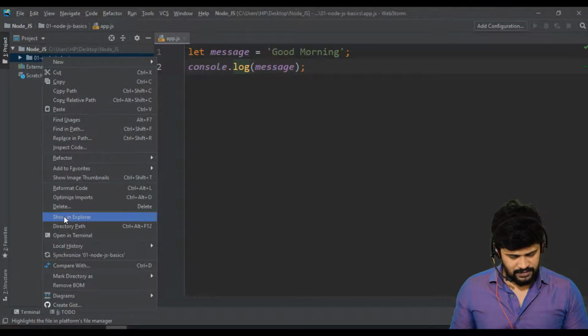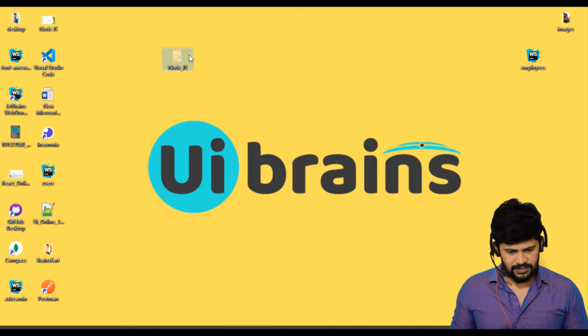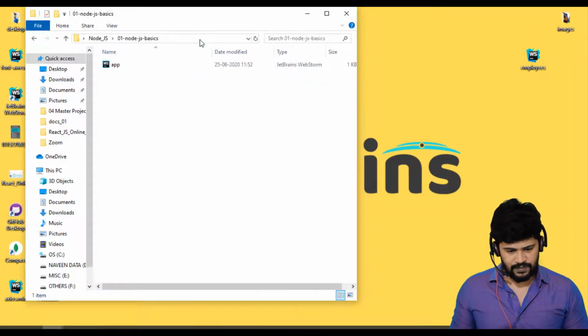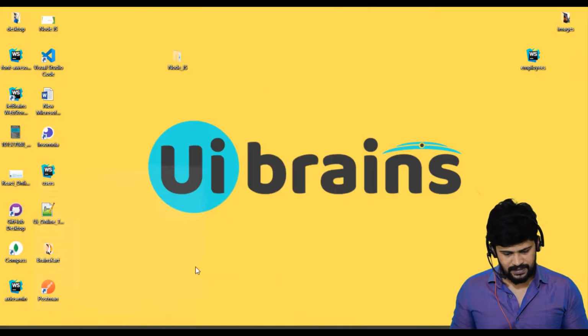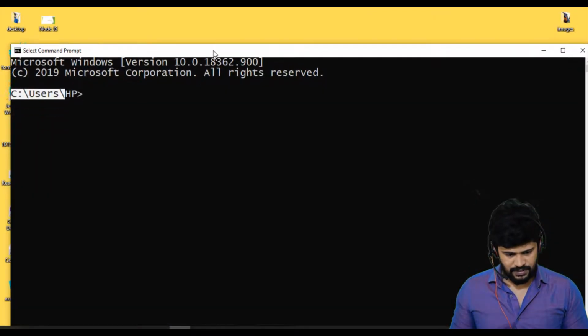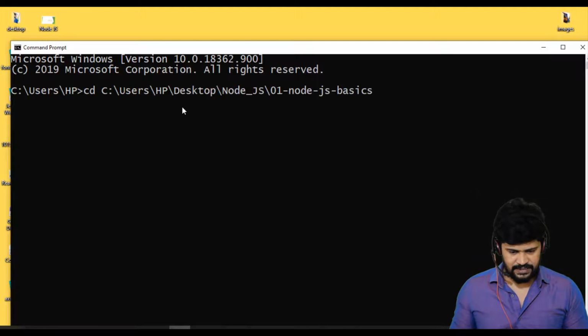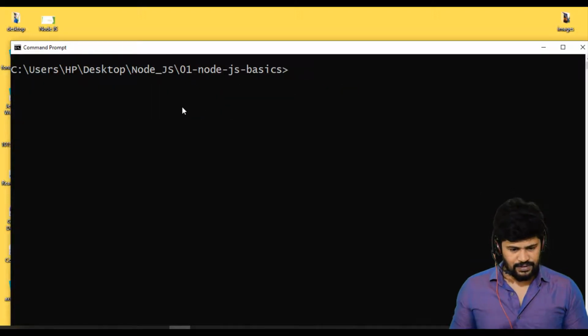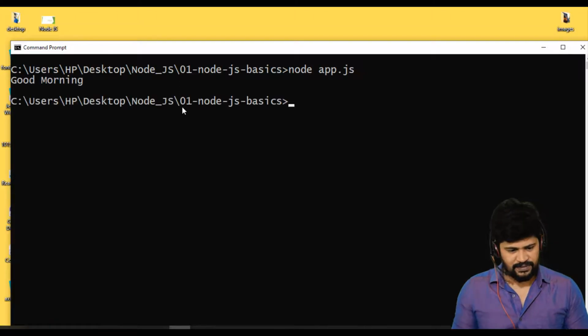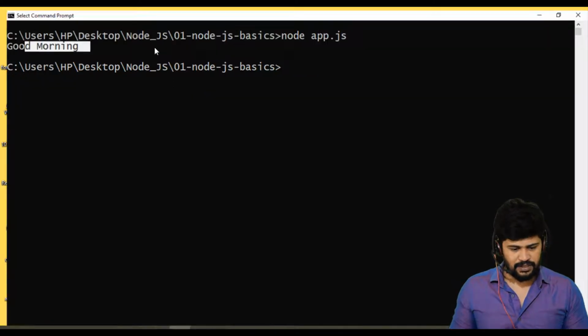Open this folder, copy the address, and go here, cd space, paste, enter. Then just say node space app.js. You get the message good morning.